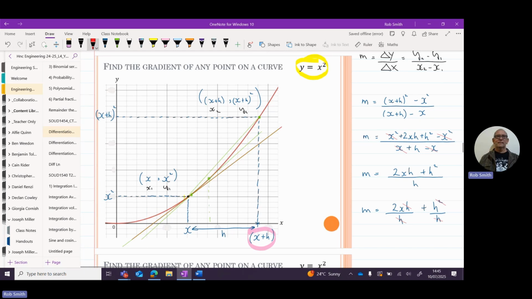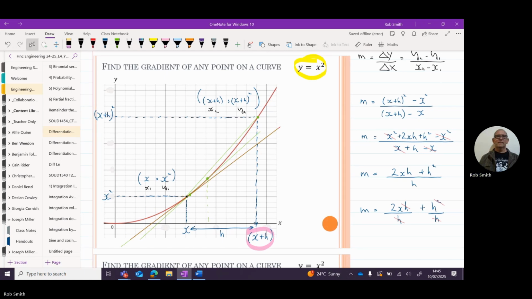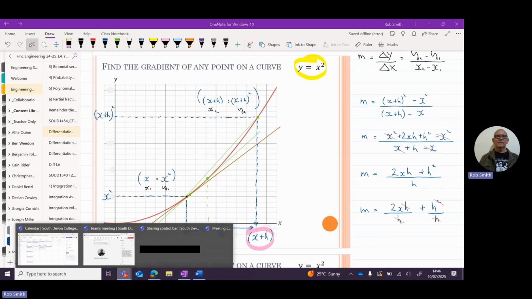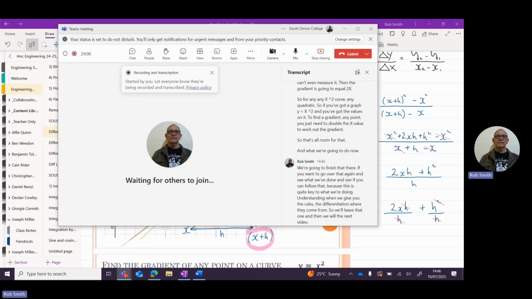And what we're going to do now, we're going to finish that there. If you want to go over that again and see what we've done, see if you can follow that, because this is quite key to what we're doing, understanding when we give you the rules for differentiation, where they come from. So we'll leave that one, and then the next video we will look at doing